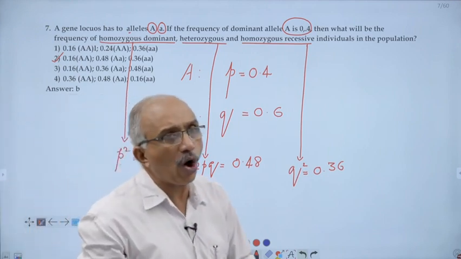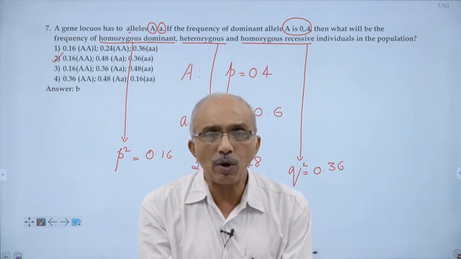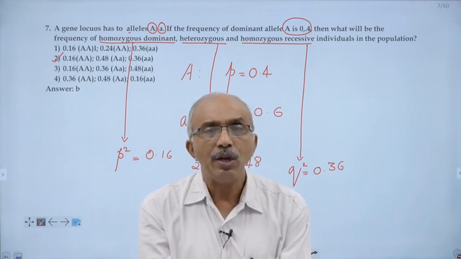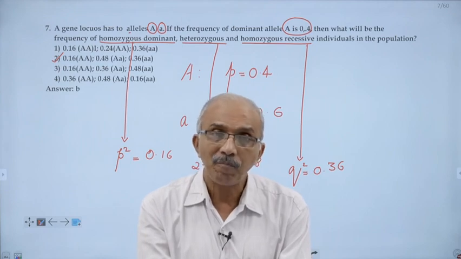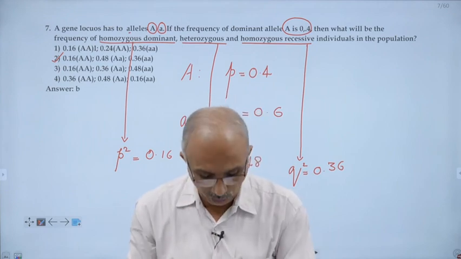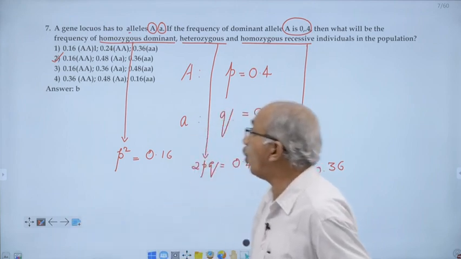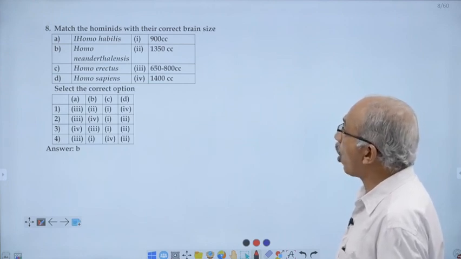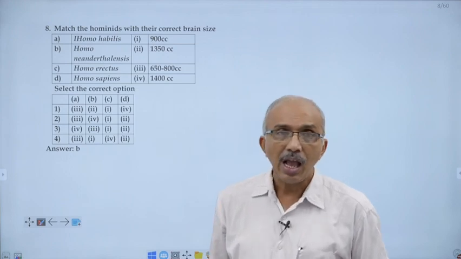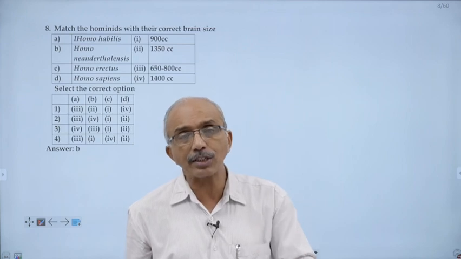An application of Hardy-Weinberg equilibrium and the binomial expansion, that is (P plus Q) whole square, is to find out the genotypic frequency in a population which is maintaining Hardy-Weinberg equilibrium. Next is match the following: different ancestral species of modern man, including modern man, and